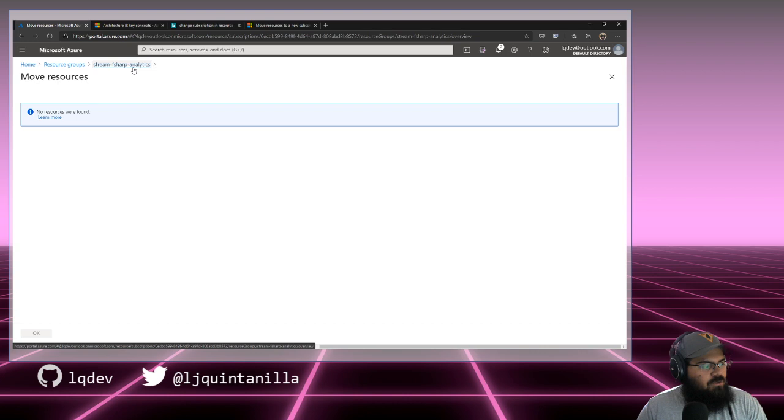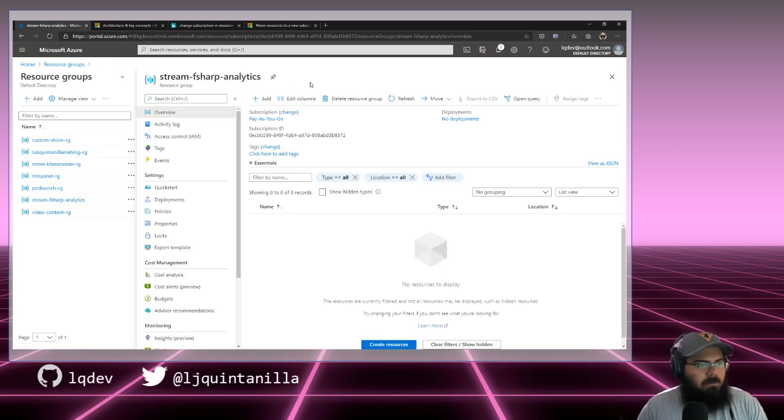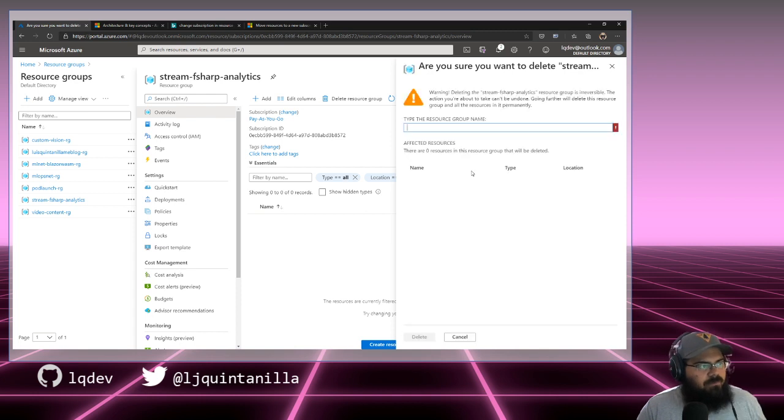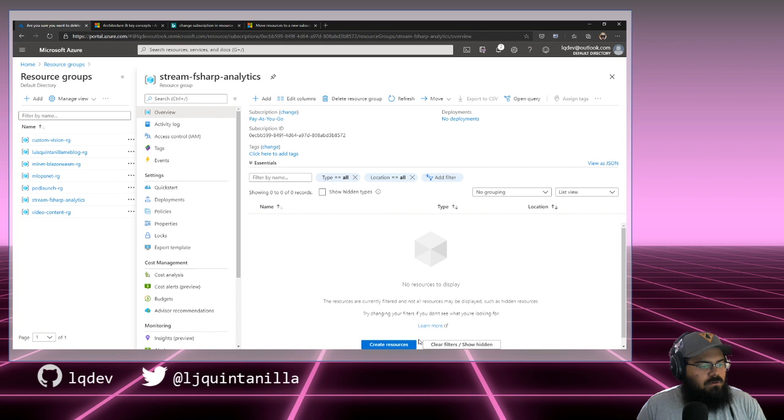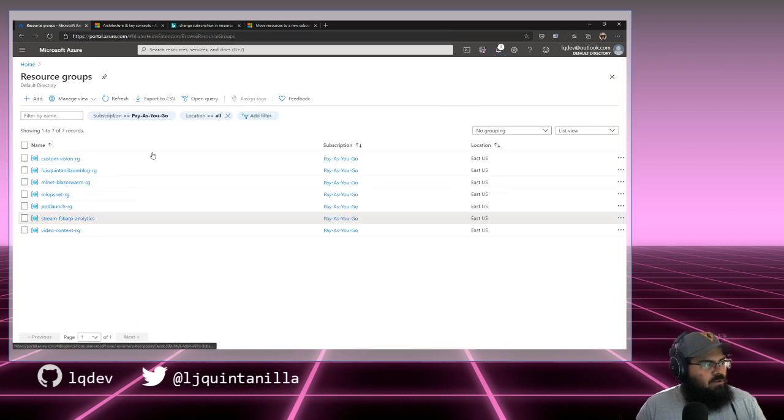So you can move the resources, but not the resource group. Odd, but okay. Let me just delete it. And let's see, Stream F# Analytics. Go ahead and delete this. And once this is deleted, let me go ahead and